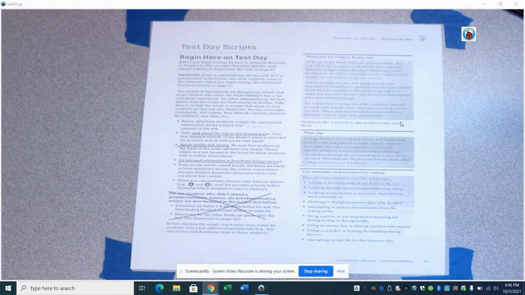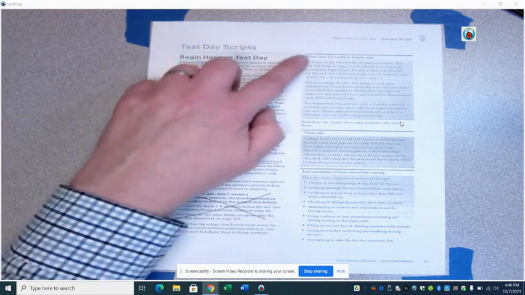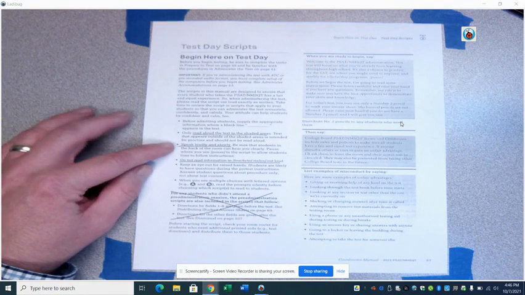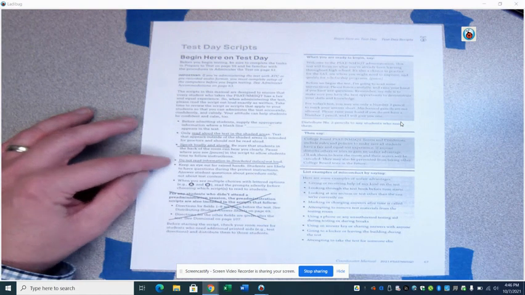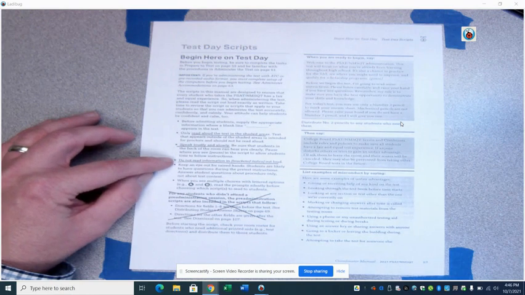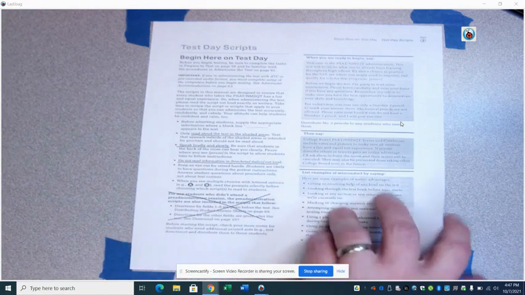All right, continuing on in your manual, everyone is going to start in the same section where it says begin here. You're going to read aloud information that's in the shaded areas. I understand the copies in some of the books may not be shaded anymore, but you should still be able to see where it tells you what to say. Make sure you speak loudly and slowly, especially since we have masks on now, and that makes it a little bit more difficult to hear. Remember, you don't read the information in the bracketed italics. That's for you. Please be sure, though, that you have gone through these manuals and you're familiar with what to do and what to say so that you're not trying to figure it out on game day.